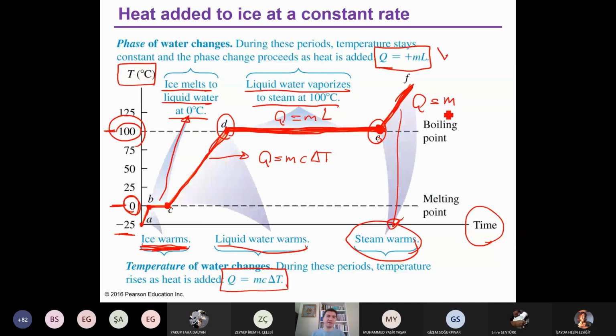Is it clear? Is there any question in this part? So between B and C, phase changes. Between D and E, phase changes. And during these phase changes, the temperature is fixed, the temperature is constant, the temperature does not change. Okay,